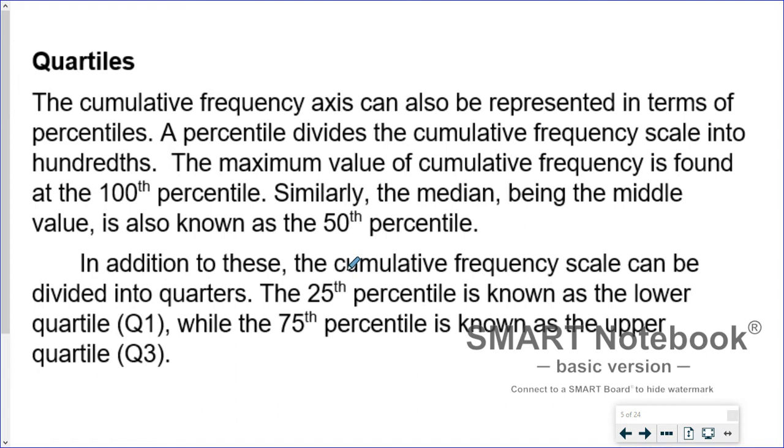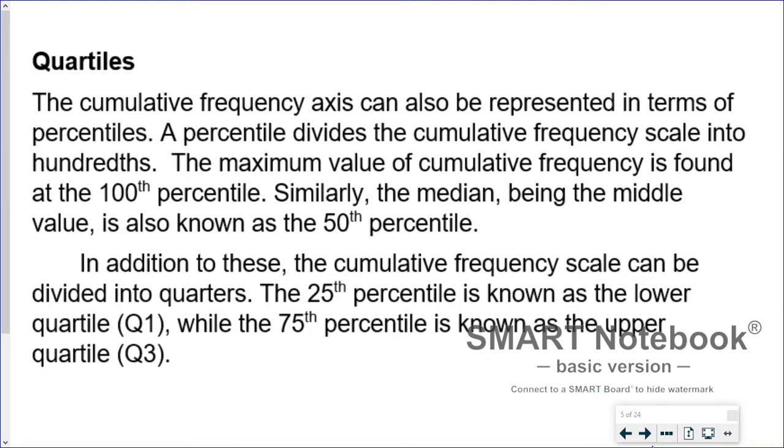So, all right. The cumulative frequency axis can also be represented in terms of percentiles. Okay, so a percentile divides the cumulative frequency scale into hundredths. The maximum value of cumulative frequency is found at the 100th percentile. Similarly, the median, being the middle value, is also known as the 50th percentile. In addition to these, the cumulative frequency scale can be divided into quarters. The 25th percentile is known as the lower quartile, or Q1, while the 75th percentile is known as the upper